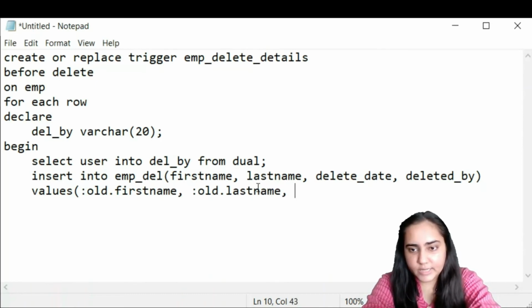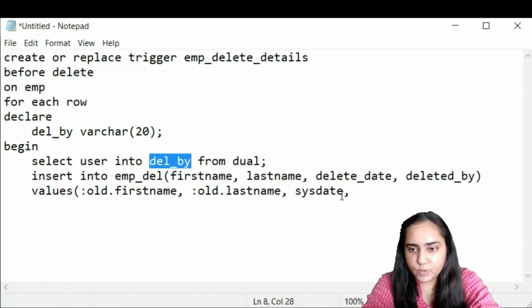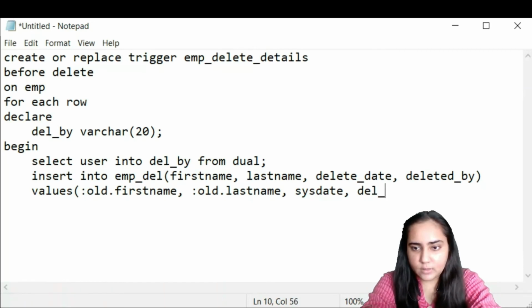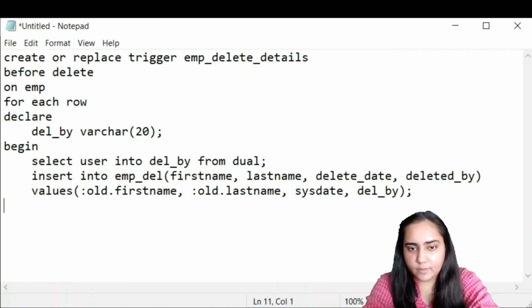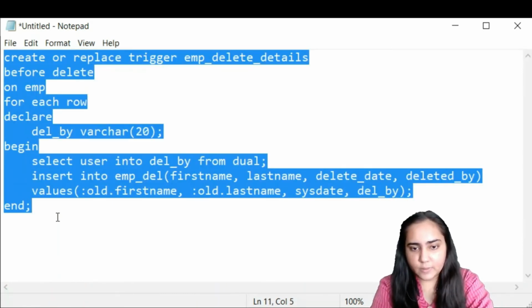And now for getting the date, you can just mention sysdate. Sysdate is a built-in function in SQL that will give you your system's date. So I can just write sysdate. And now I already have the name of the user in my del_by variable, so I can just mention that. So del_by, bracket, semicolon, and that's it. I can end this, and this trigger is actually ready, and I can just copy all of this and go